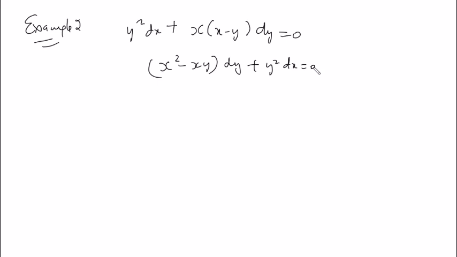So again, as I told you yesterday, suppose I do not know that this question is to be done using Bernoulli's or linear. So maybe firstly I can try checking exactness. It may be exact, so you can try doing that. If it is not, you can try finding an integrating factor. So you have to keep all the methodologies in mind that this can also be done in this way. But right now I am doing it with this form. So dy by dx turns out to be y square upon xy minus x square.